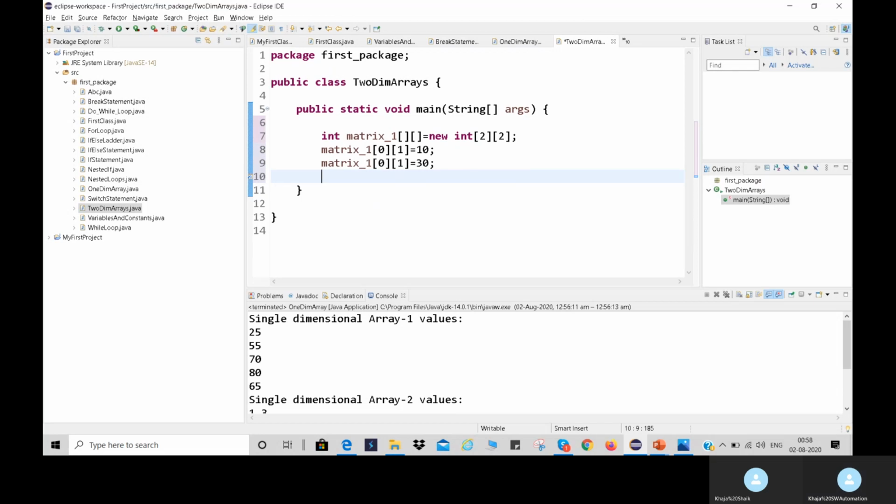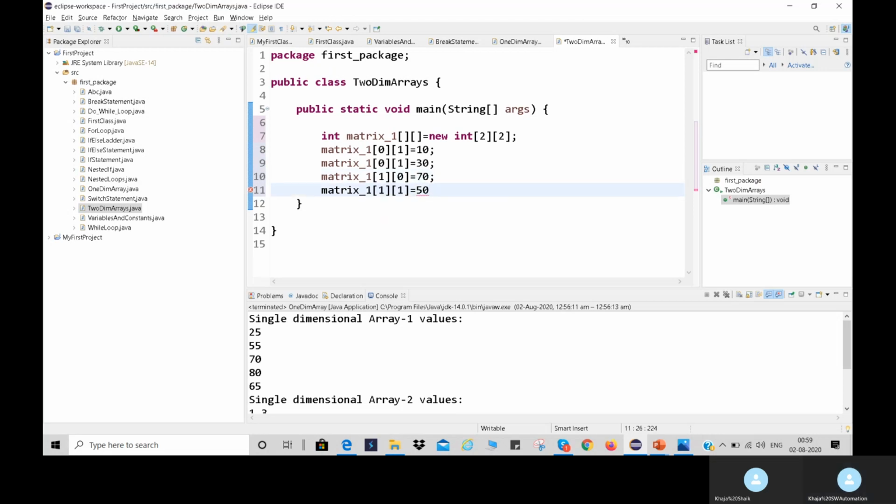Similarly, first row and 0th column value is 70. Similarly, first row and first column value is 50.